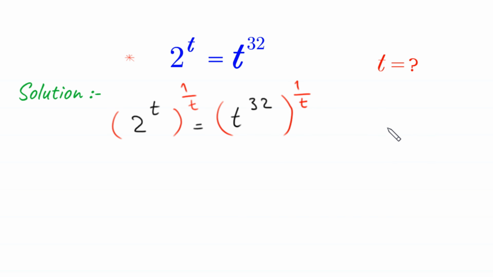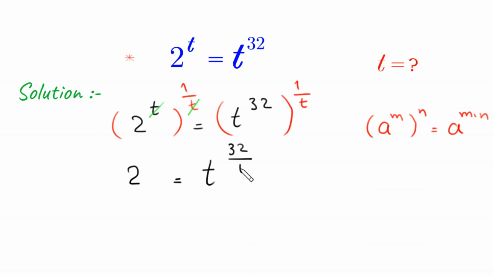So by using this power rule, a to the power m whole to the power n is equal to a to the power m times n. When we multiply this t by this 1 over t, this t will be cancelled out with this t, and at left hand side we are left with 2 is equal to this 32 times 1 over t will become t to the power